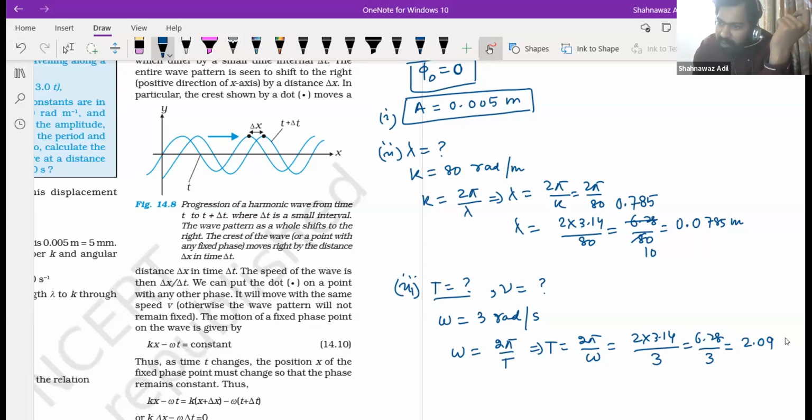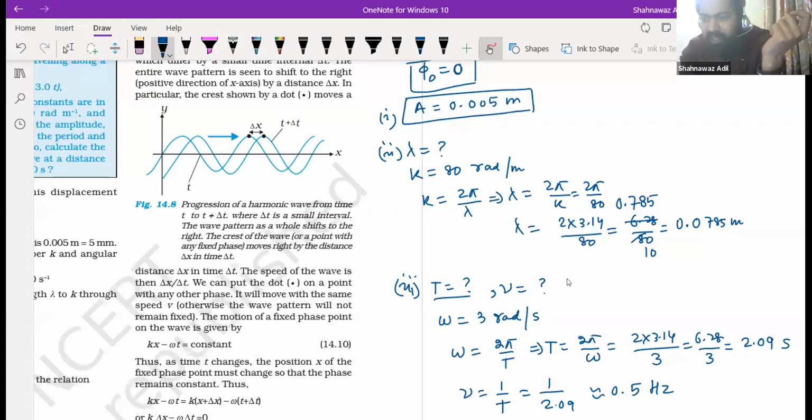This is your time, in seconds, and then how much is the frequency we can calculate? So frequency is 1 over time. This would be 1 by 2.09, which is nearly 0.5, right? So 0.5 hertz. So these are the answers, and they are also saying that